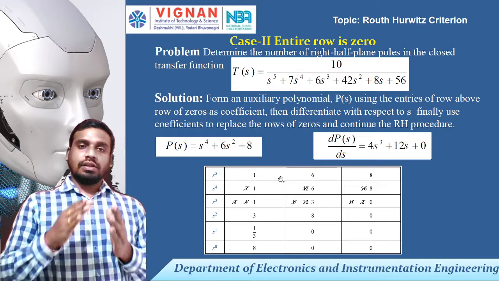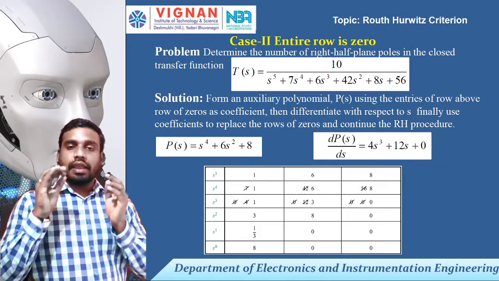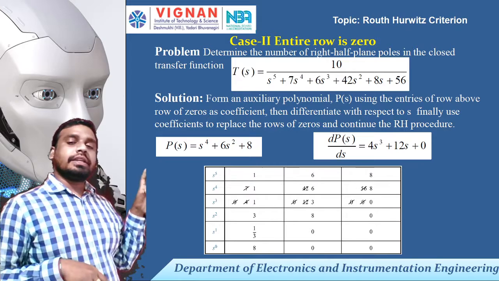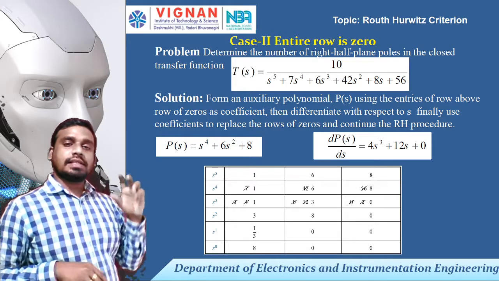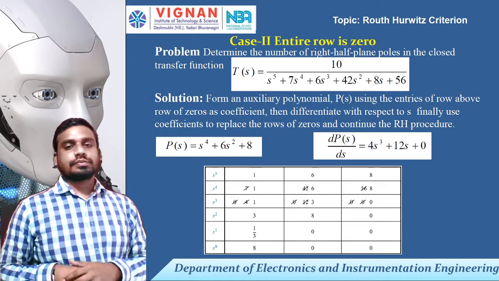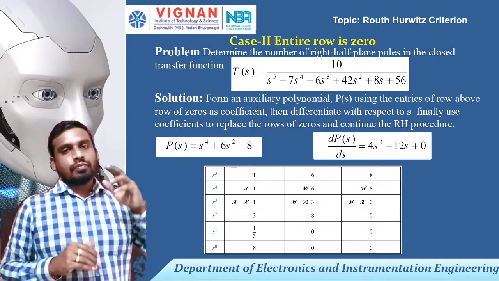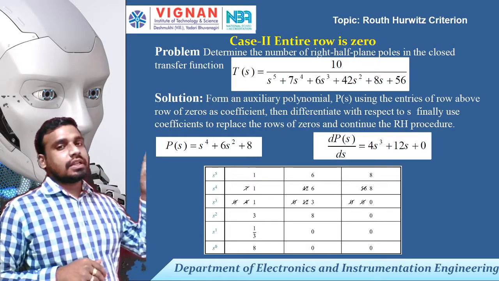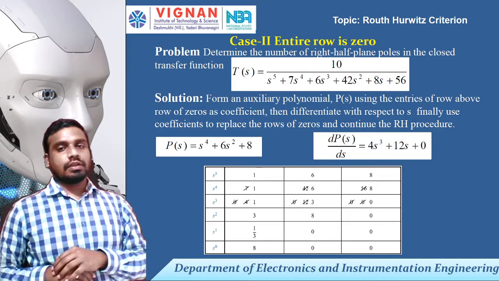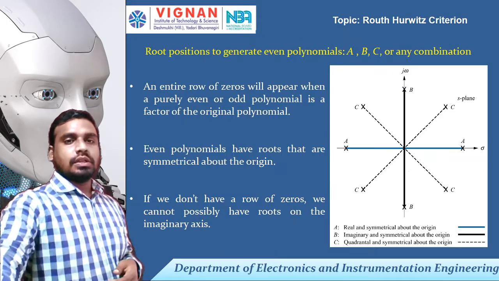After this, the procedure is the same as the procedure which we followed earlier. When you have the entire row as 0, one more piece of information it gives is that the poles will be lying on the imaginary axis. Remember, if you get the whole row as 0, it tells you that your system is having imaginary poles, complex poles.